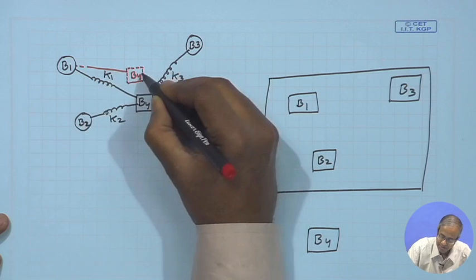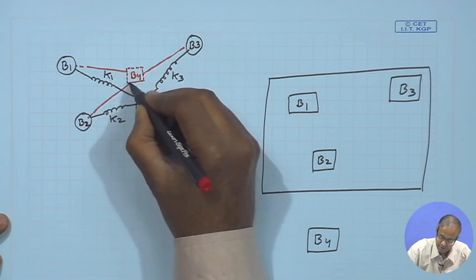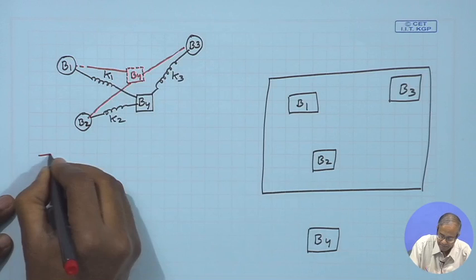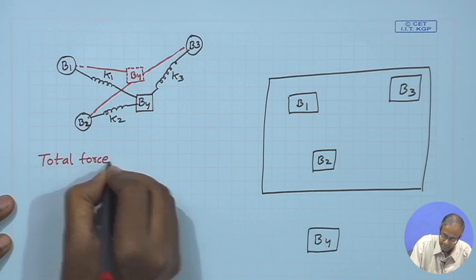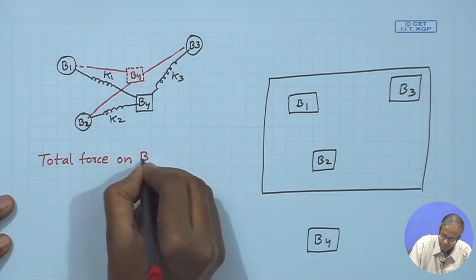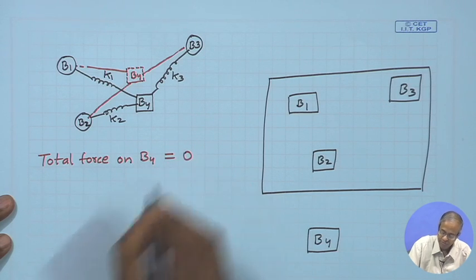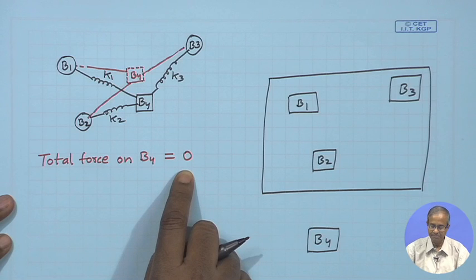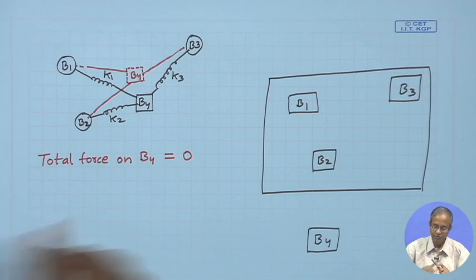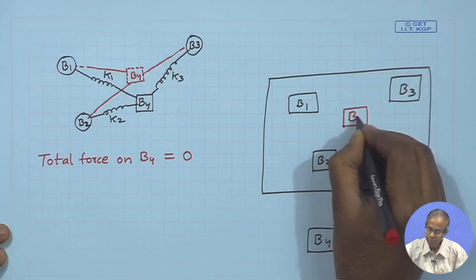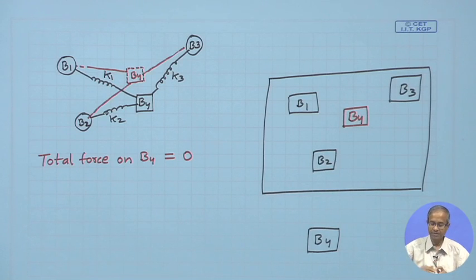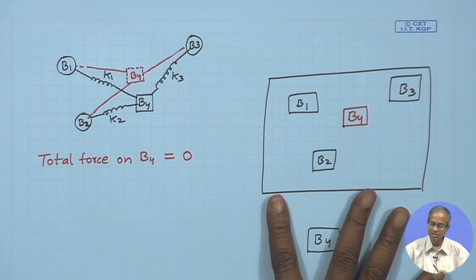So, B1 will be connected, this will be connected, this will. So, in the final position, the total force exerted on the block B4 will be equal to 0. This is the definition of equilibrium, right. So, when you have this equilibrium, we say that we have found out the best position to place block B4. This is the basic concept behind force directed placement,